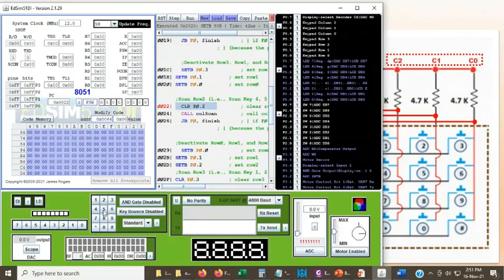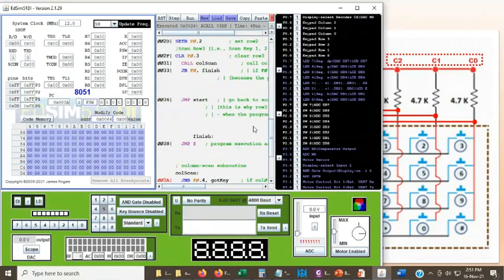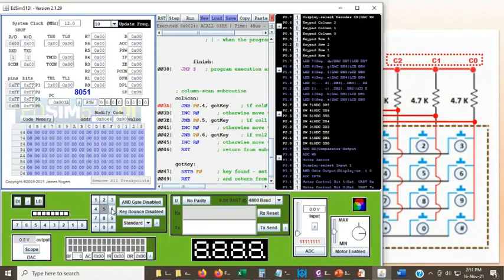Now assume I am going to press key number 5. Right? I pressed key number 5. Now let's go to 5. Jump to column scan. Is 0.4 low? No, increment the keystroke. So now you are at key number 6. It is not detected. Now is it there in 0.5? Yes, it is detected.